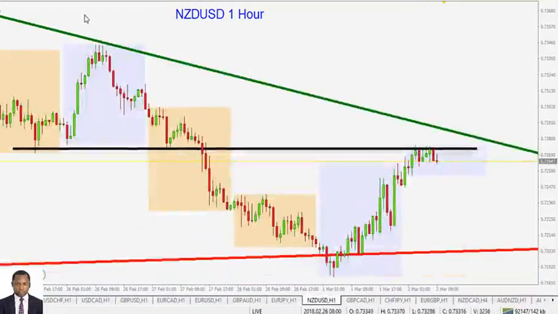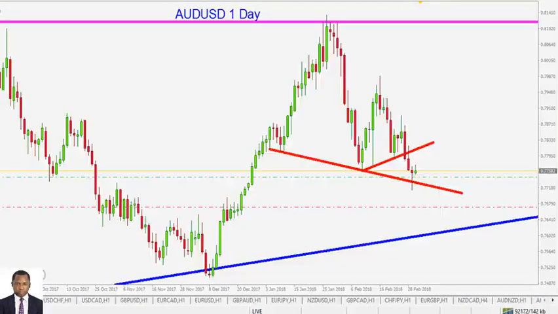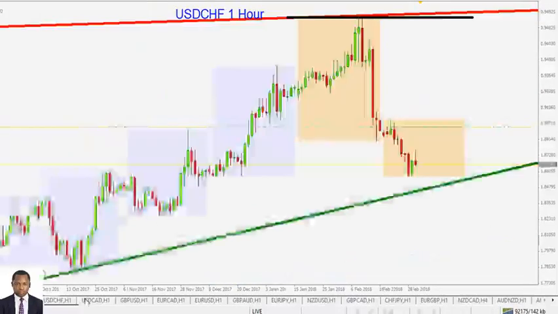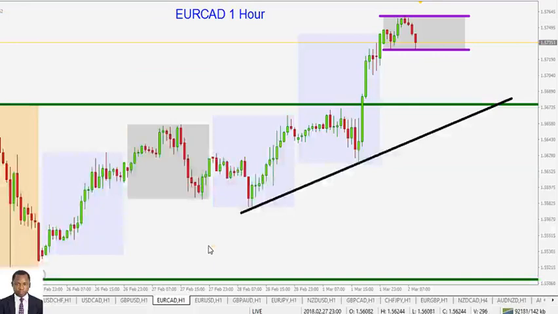We actually do have a lot of trades running on our account, especially coming from the American dollar axis. So we'll be looking to manage these trades so we don't give back profits to the market. We'll be looking to manage them very successfully in order to stay profitable for this week. Okay. All right. So that's it. Nothing much to talk about. Let's not waste our time when there are no valid trading opportunities.